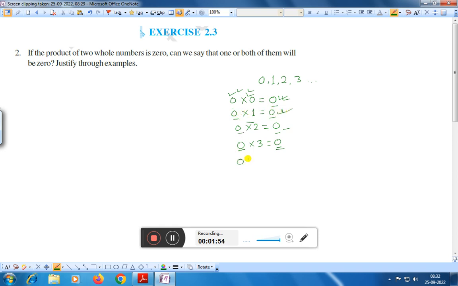Suppose 0 into 100, that also comes to 0, right? That means we can say that one or both of them would be 0. We have given the examples here also. That means we can say that if the product